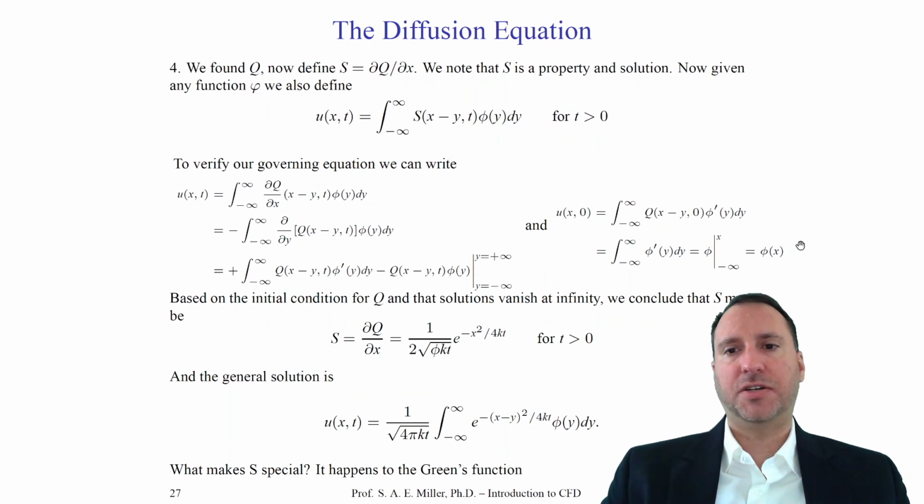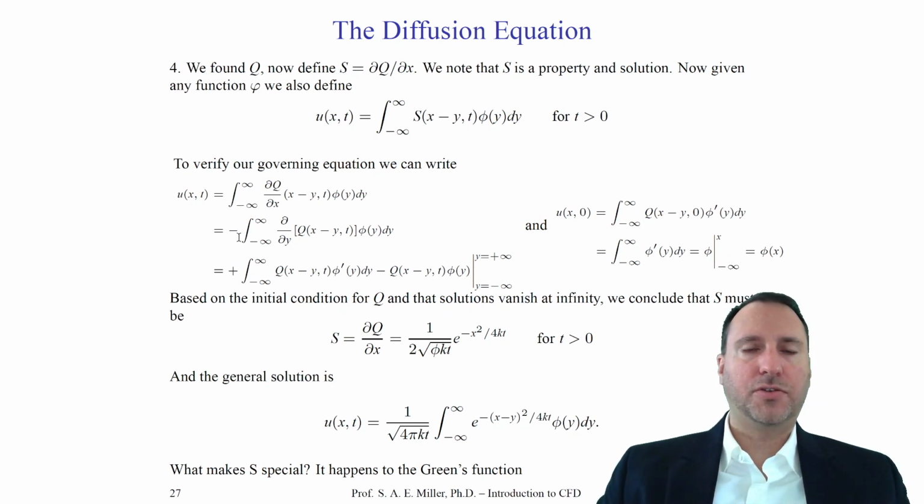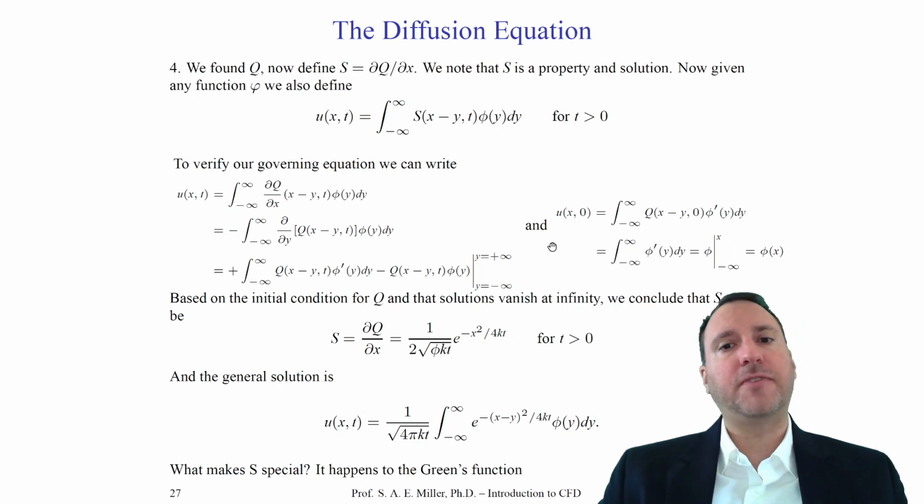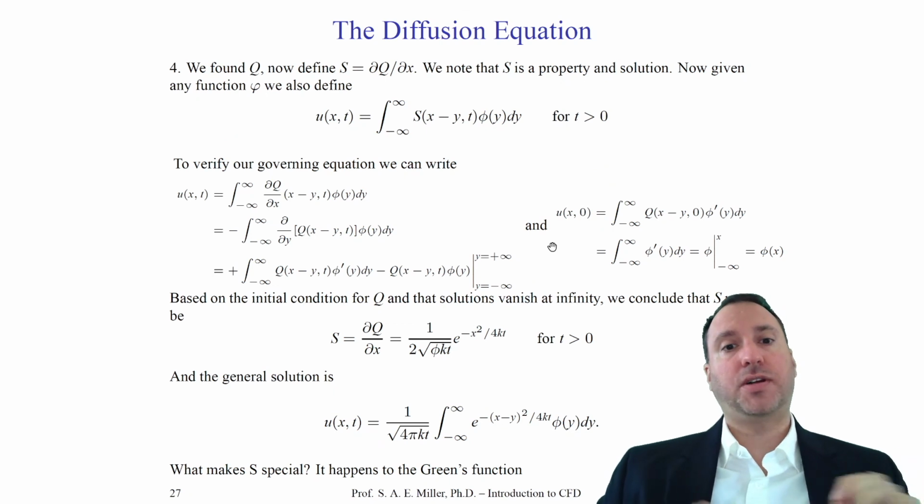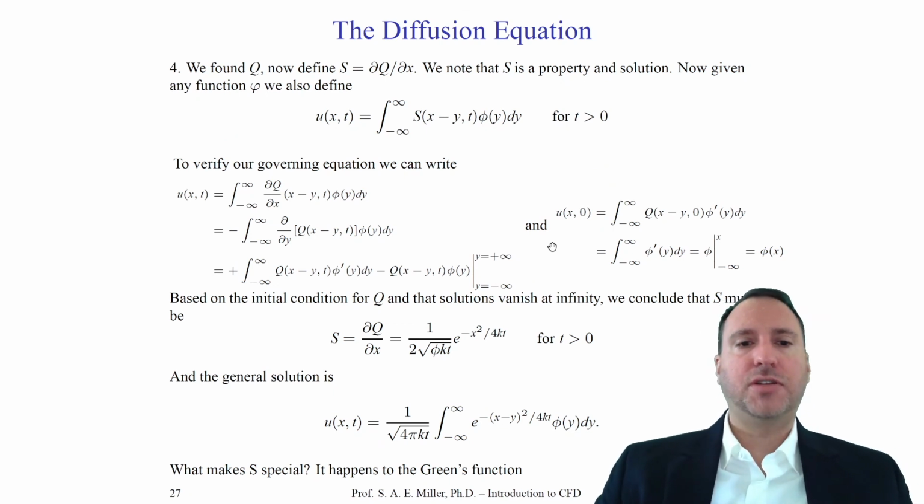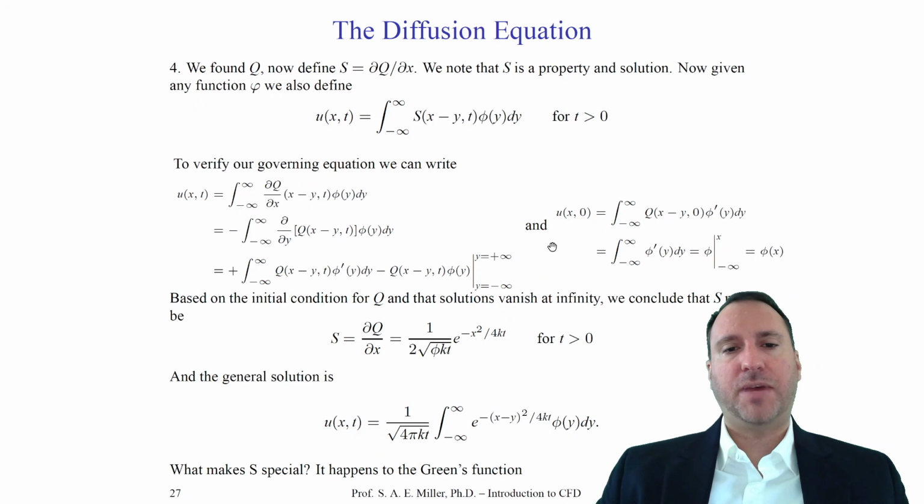U of x for time 0, we recover phi of x. Amazing. On the left, we have written the analytical solution from s to q. So we've verified that our equation satisfies the initial condition. Based on the initial condition for q, we know that the solution must vanish at infinity by looking at the